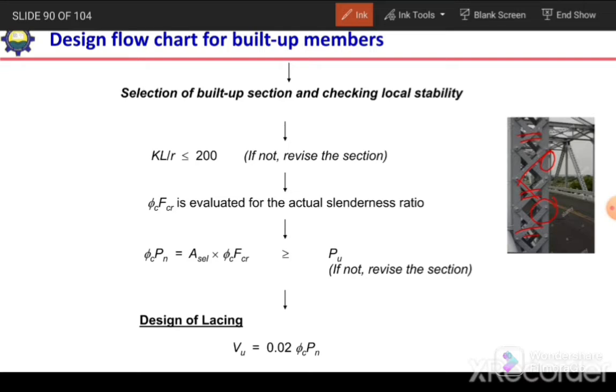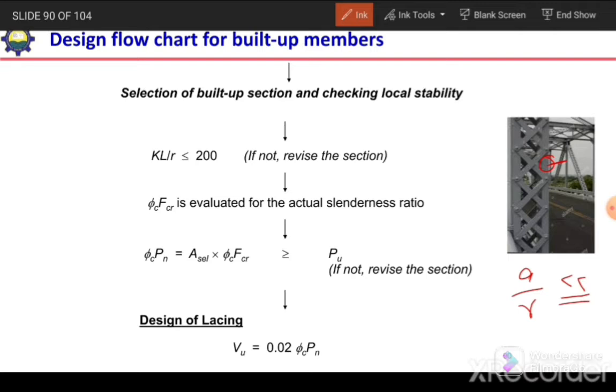So in the case of tie plates, the slenderness ratio of the individual member between the tie plates, a over ri, can be sufficiently large, and the member can buckle at a local position between the tie plates. But in the case of lacing, the unsupported length of the individual element is less, and the slenderness ratio of the section between the lacing points will be low, so a over r will be sufficiently small. It means there will be no chance of buckling between these